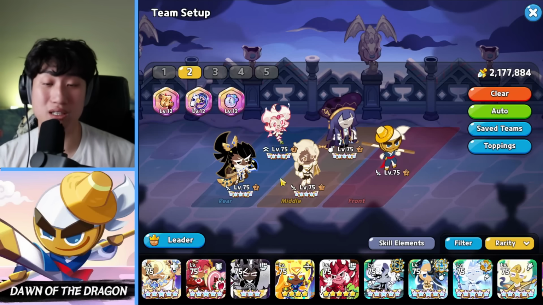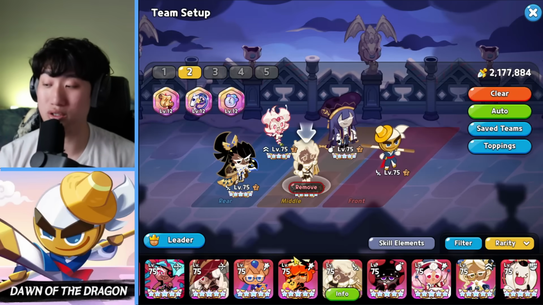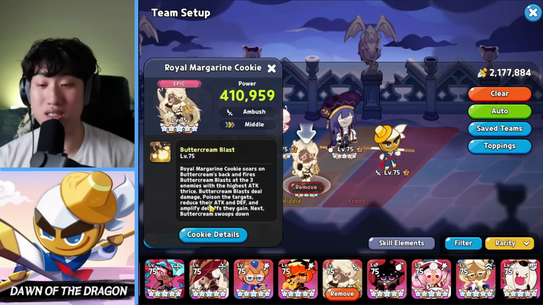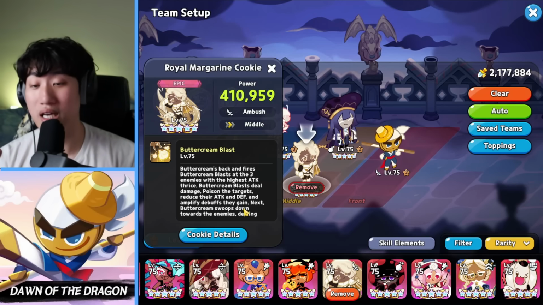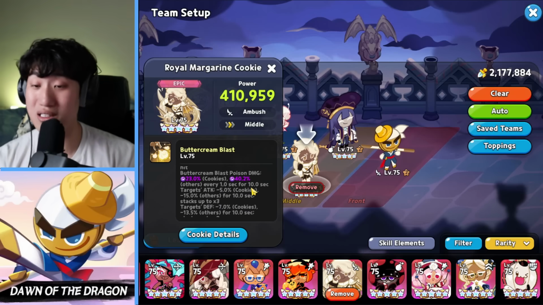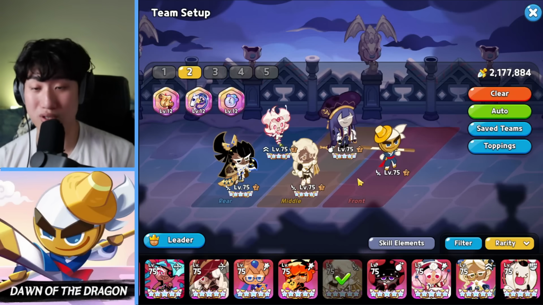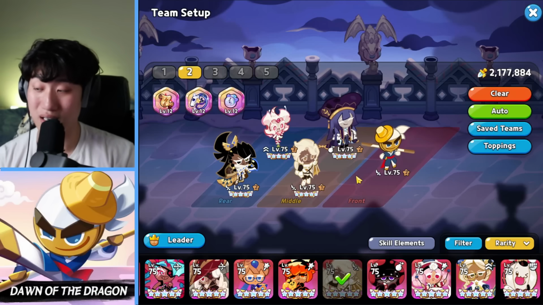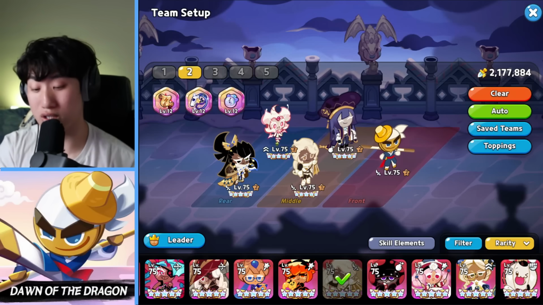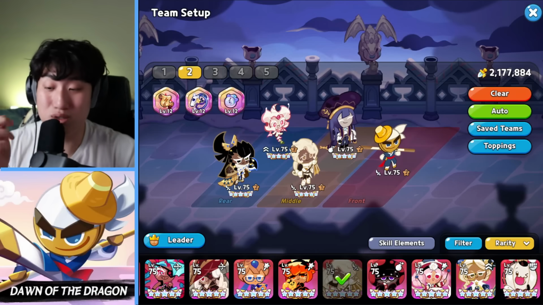Some replacements. Royal Margarine is going to be a little hard to replace here. The reason is because the poison reduces their attack, and also the Amplify debuff, which means the dragon is going to deal less damage to your cookies. So without Royal Margarine, it's harder for your cookies to survive. You're going to need Royal Margarine to keep your cookies